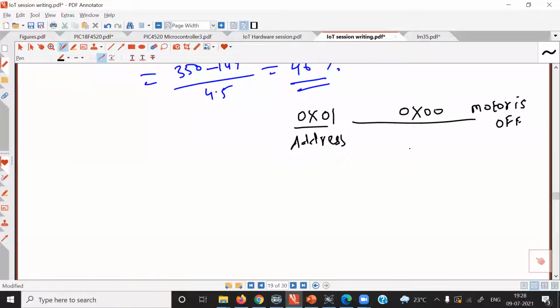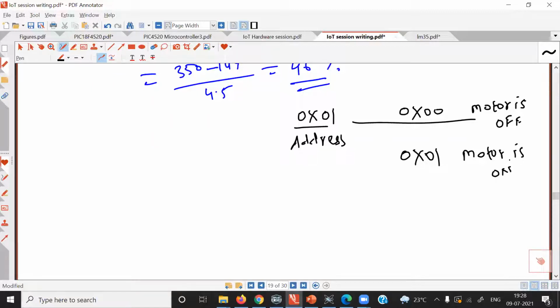And when this location contains 0x01 data, motor is on. Now when user gives command, maybe through interactive voice response system, IVRS system, or through SMS, system will receive it. I am doing so many operations there. I am checking incoming mobile number. If it matches with already stored numbers, then and then only that command is accepted. So all registered mobile numbers I am saving in EEPROM memory.